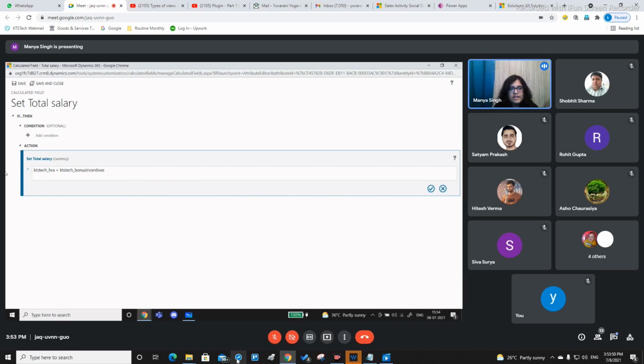Okay, earlier when these functions were not included, when calculated fields were not included in Microsoft Dynamics CRM, these functions also needed to be completed by making some changes in the code using JavaScript or adding a few plugins. Okay, so this is a dream come true for a lot of people who are not aware of the programming languages. For basic calculations, for basic modifications to the data, they can use calculated fields instead of having to go through the entire programming language and make plugins and make changes to the core data.